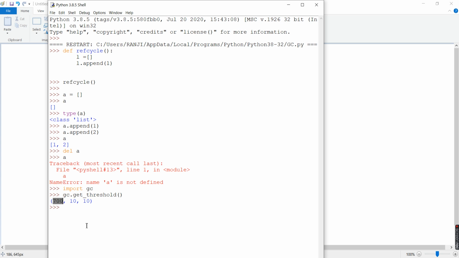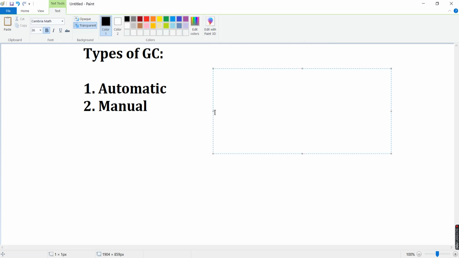Python schedules a GC based upon a threshold of object allocations and object deallocations. This is the first threshold, called threshold 0, and then threshold 1 and threshold 2. Now what is the rule, or what is this 700? 700 is returned internally by the system. What this basically says is that we have two kinds of memory operations, allocations and deallocations.